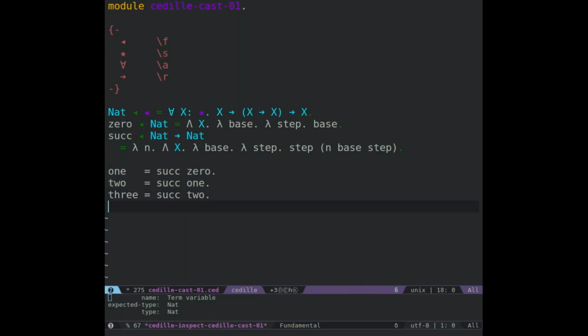I can also define some operations on my natural numbers. So again, sorry if I'm moving quickly, /f to check add against a type. Here, the type of add is going to be a function that takes 2 natural numbers and returns 1. There's sum in particular. And the way I will calculate it is the usual way with church encoded numbers, is I will run in with a base case of m and a